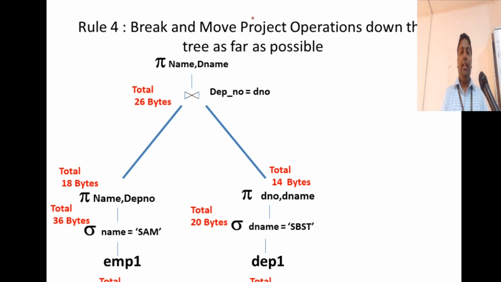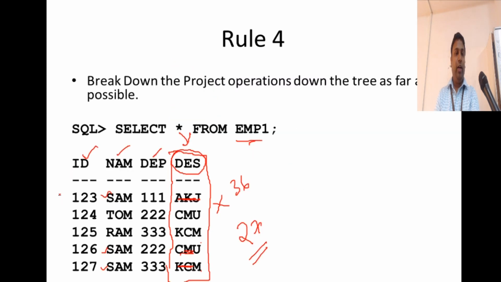So now we are breaking and moving the project operations down the tree. So what I am doing is, the employee table is a total of 60 bytes. After I filter only for records of SAM, we read 3 records of 36 bytes. After that, I am leaving out another column from employee. I don't need employee ID for anything. I am joining only with department number. So I am going to leave out employee ID and designation from my